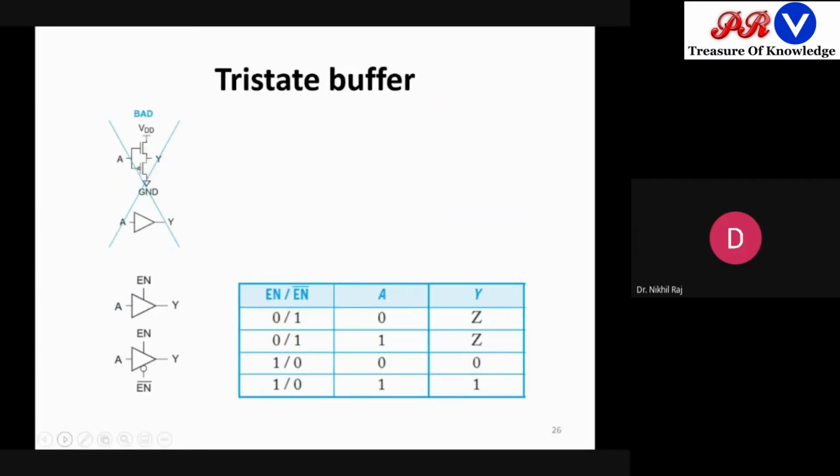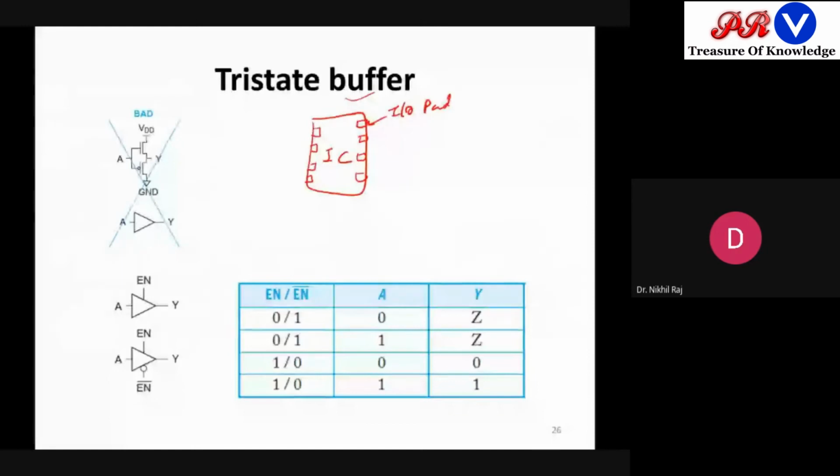Now comes a very important logic element, called the buffer. Do you know what a buffer is? Buffer means whatever is there at the input, it will transfer to the output. It works like a window. Let's say this is an IC and we have designed the logic circuits, so some logic circuitry is there. Then you must know there are pins here. First of all, these are called your IO pads, input output pads.